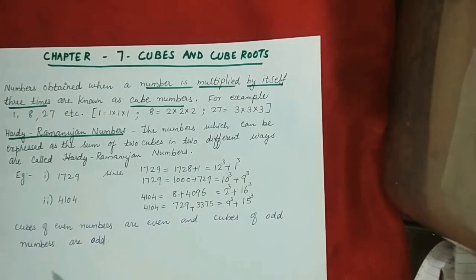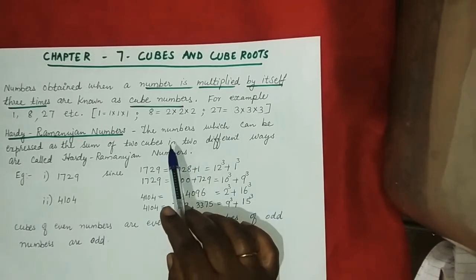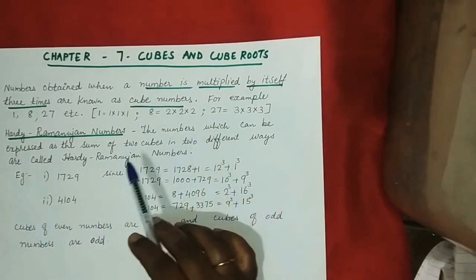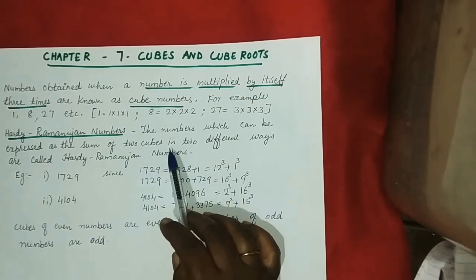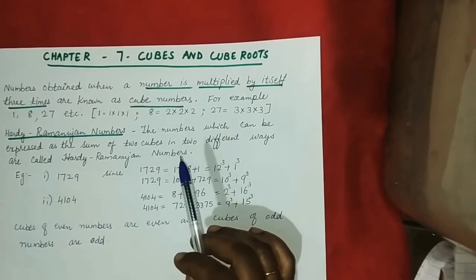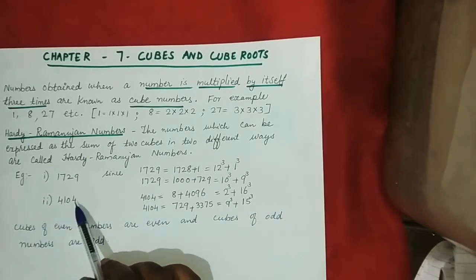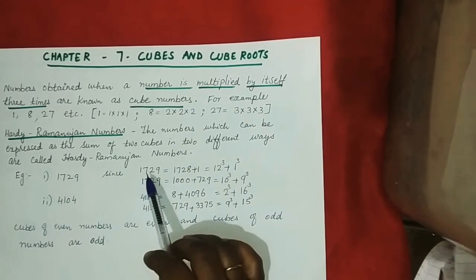Now, Hardy-Ramanujan numbers. Hardy and Ramanujan are two mathematicians. In their name, numbers are there. What are they? Let us see. The numbers which can be expressed as a sum of two cubes in two different ways are called Hardy-Ramanujan numbers. Example, 1729 and 4104. 1729 we can express as